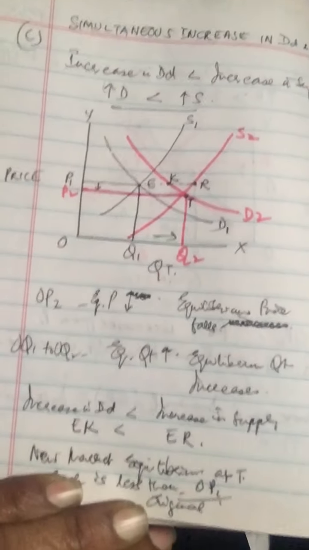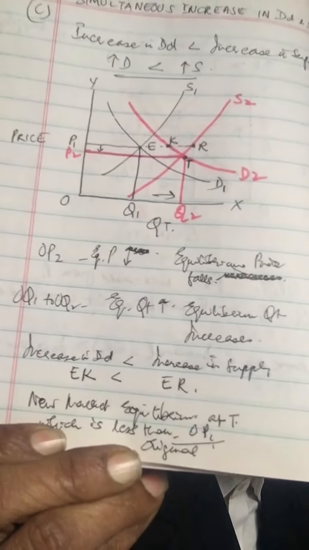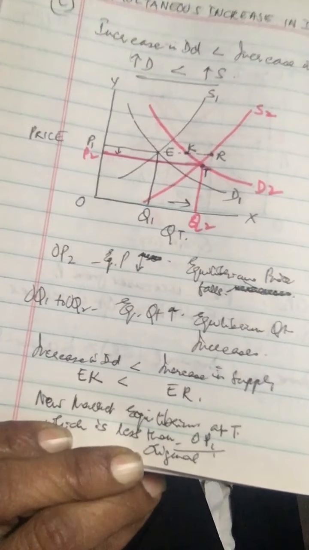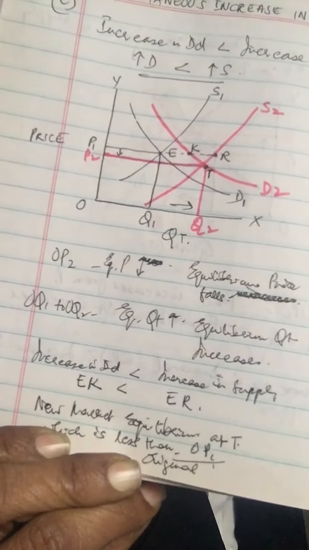So once you can see that, and what happens, yes, as we pointed out earlier, that simultaneous increase in demand and supply will bring about an increase in the quantity demanded and supplied. That equilibrium quantity will increase, but based on how much is the increase in demand and supply, there will be a change in equilibrium price. Will it be above the original equilibrium, or will it be below?